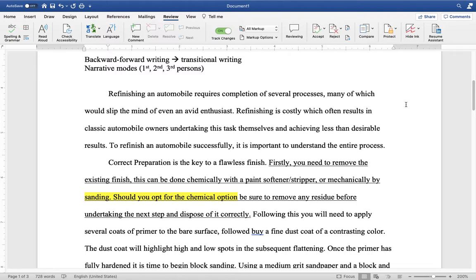The human dimension part is missing. That could be added in a variety of ways. He brings up car enthusiasts, classic automobile owners. He could talk about, the writer here could be addressing,